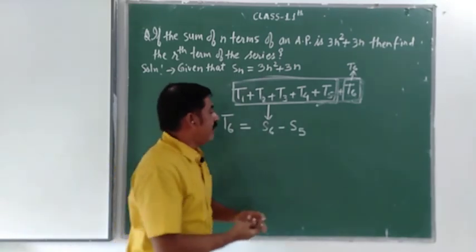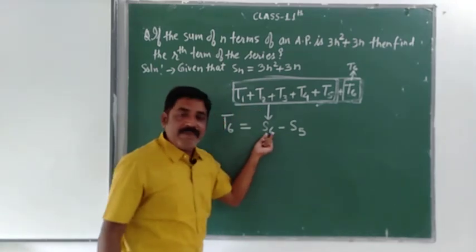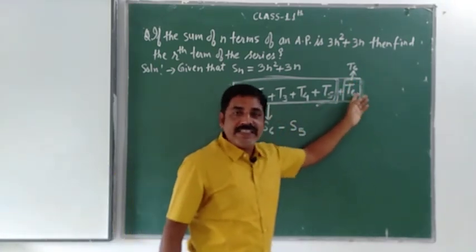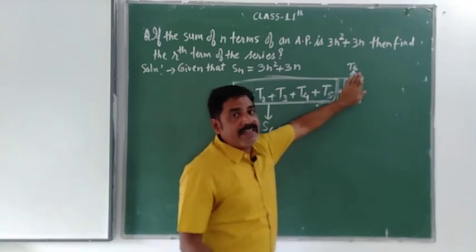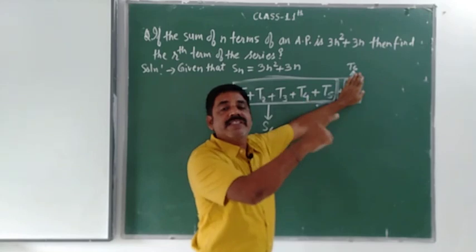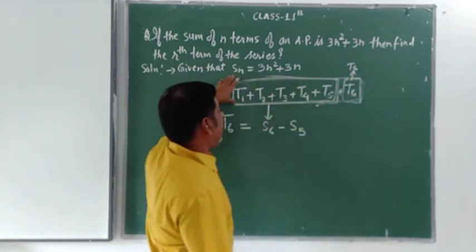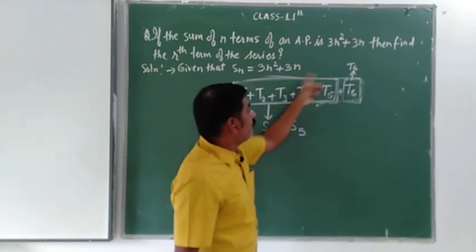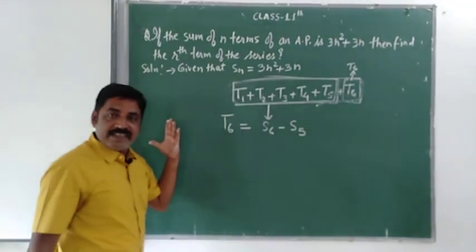एक बार और देख लो बेटा, हमें 6 टर्म दिए थे, तो हम उसे S6 कह सकते हैं. लेकिन हमें सिर्फ 6th टर्म चाहिए. तो 6th टर्म पर हाथ रख दिया. अब T1 प्लस T2 प्लस T3 प्लस T4 प्लस T5 बचा, इसे हम S5 कह सकते हैं. मतलब S6 में से अगर हम S5 को सब्ट्रैक्ट करते हैं तो T6 मिल जाएगा. क्लियर?